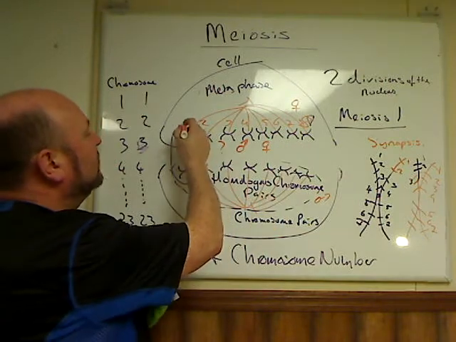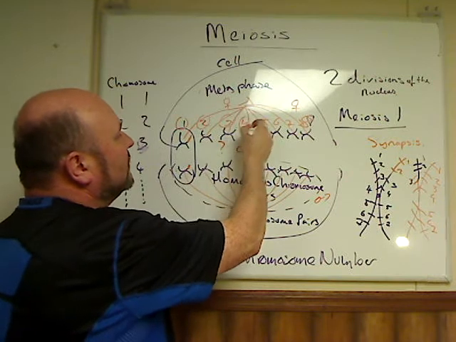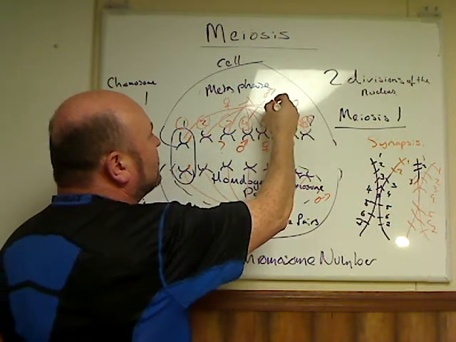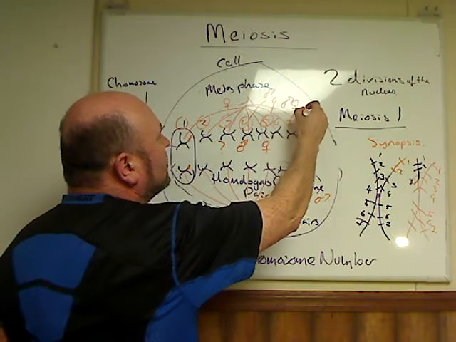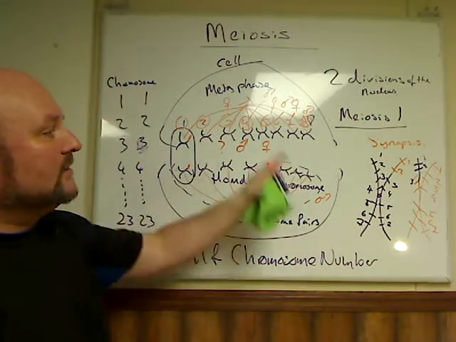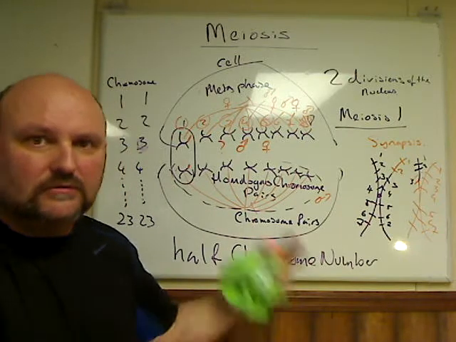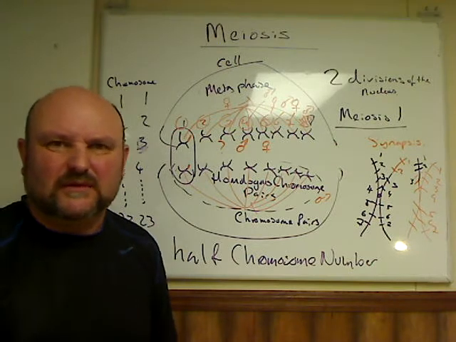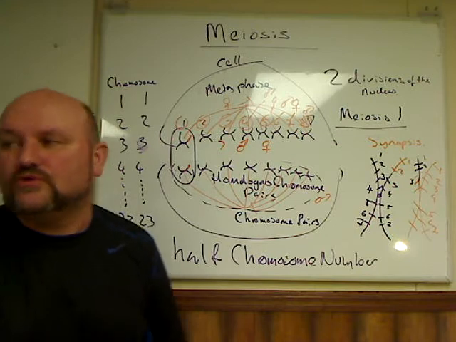Or you could have this one, this one, this one from your mother, this one from father, this one from mother, that one from mother, and then 6 and 8 came from your father. Because there's 23 of these, all independently assorting, you can have up to about 8 trillion, something like that. It's a huge, huge number